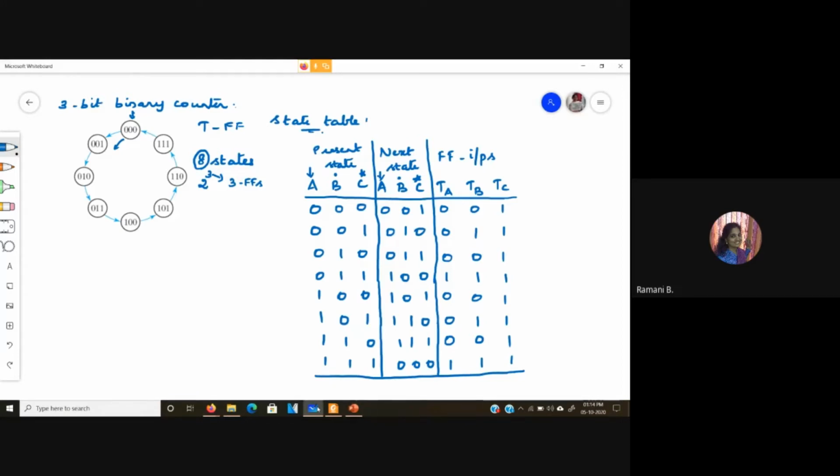Now you need to find the flip-flop input equations. So you have to draw K-map for TA, TB, and TC.